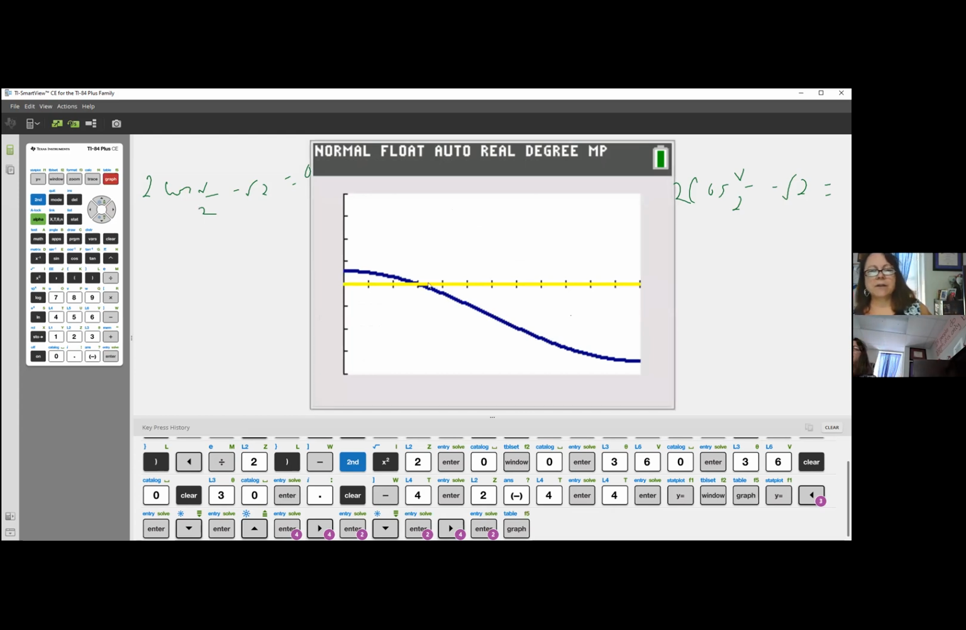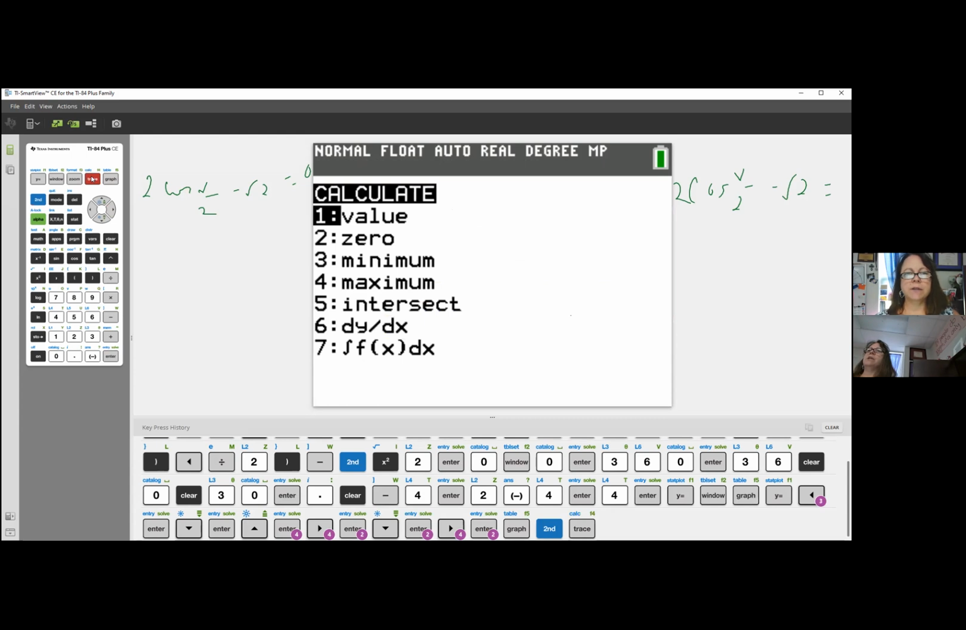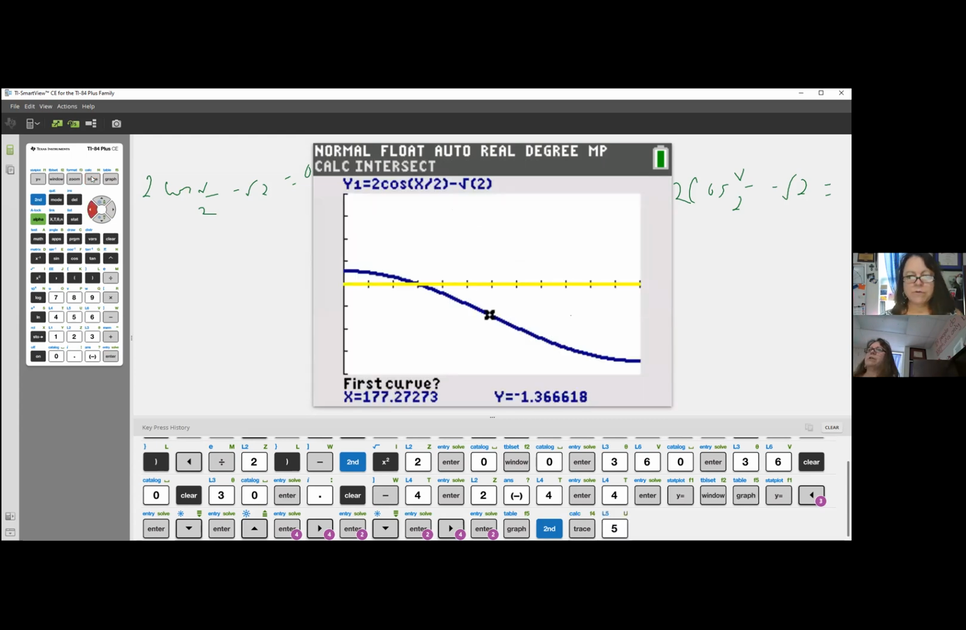Okay, so I want to calculate this intersection right here. So I'm going to go to the word second, and above this word trace is that little word calculate. So calculate. I'm going to choose number 5 for the intersection. And I'm going to move it close to that point of where they intersect. And I push enter for first curve, enter for second curve, enter for my guess, and that answer is at